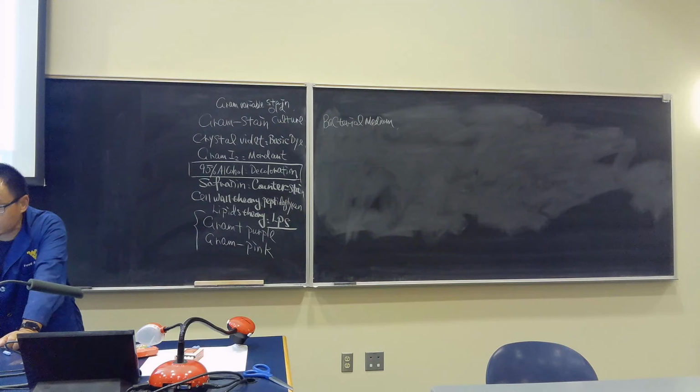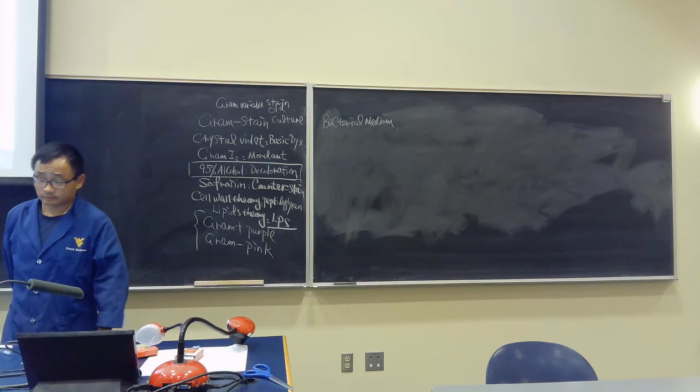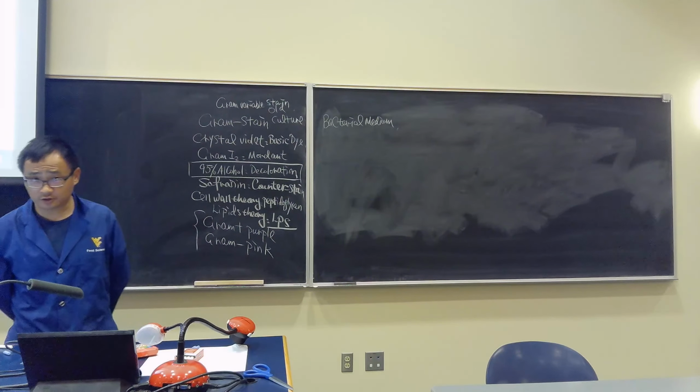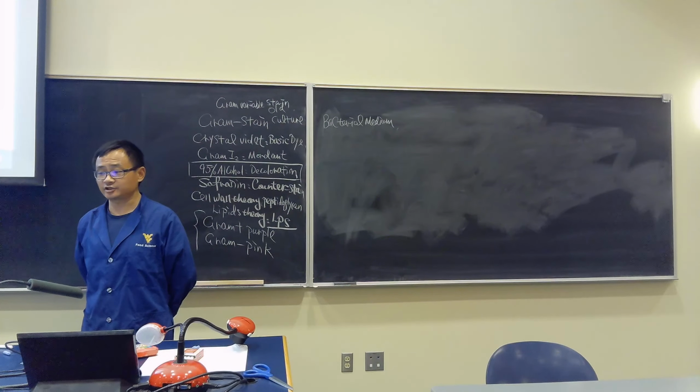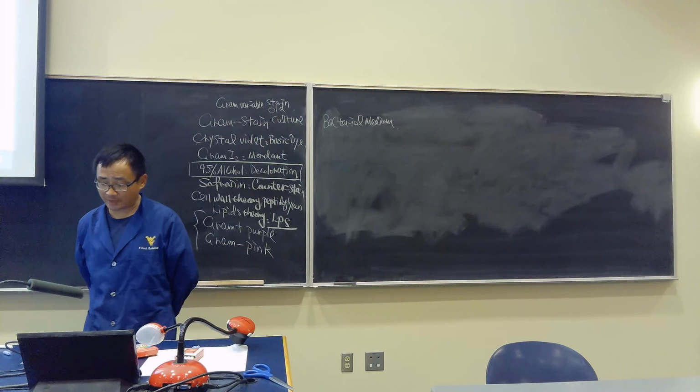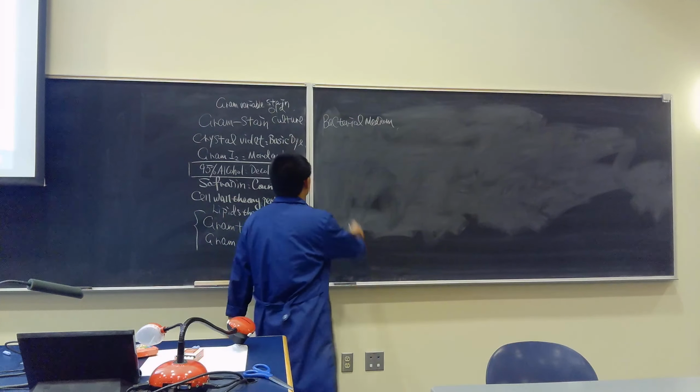Let's look at question 36. Medium containing some ingredients of unknown chemical composition is called what medium? First of all, there is no undefined medium. Cross it out. So B, C, D, you have to pick. Defined media and synthetic media are the same thing. So if you pick C, you could also pick D. So cross them out. You are left with only complex media. Even if you don't know, you still can do it. But you need to know the definition of complex media, because there are some ingredients we don't know. Let's say peptone, tryptone, beef extract, we don't know. So defined